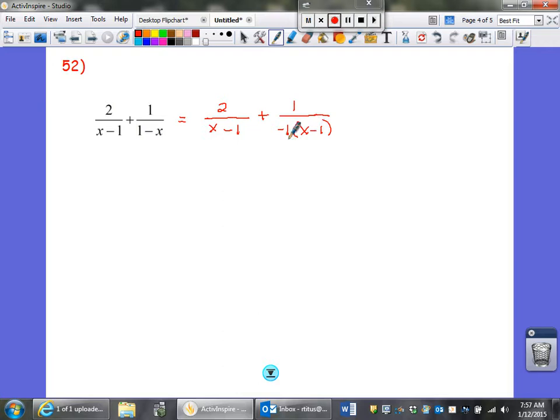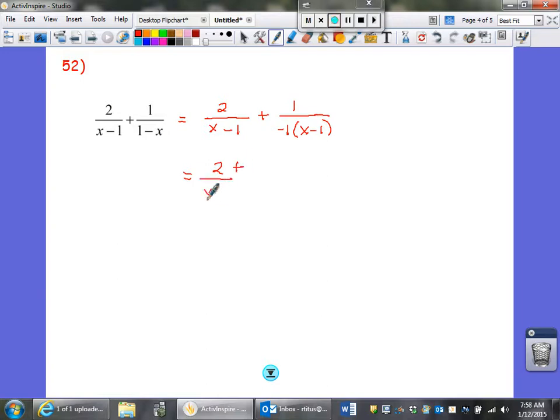And we'll just check that real quick. Negative 1 times x makes negative x. Negative 1 times negative 1 is positive 1. This negative 1 can be shifted up to the numerator. So your problem really here now is 2